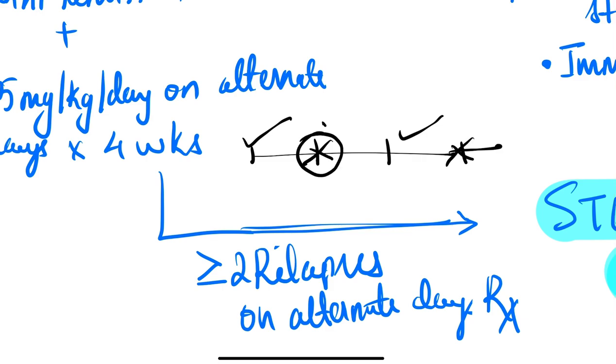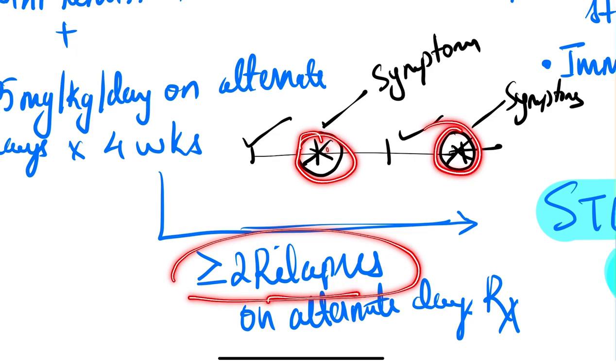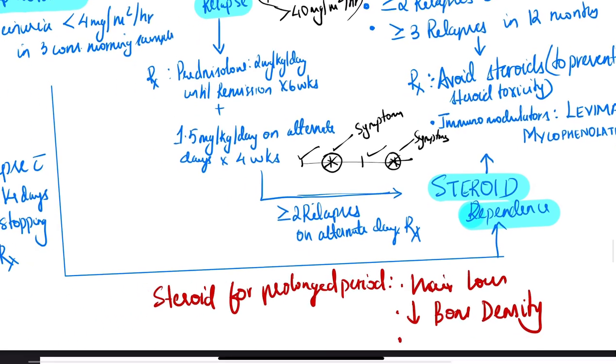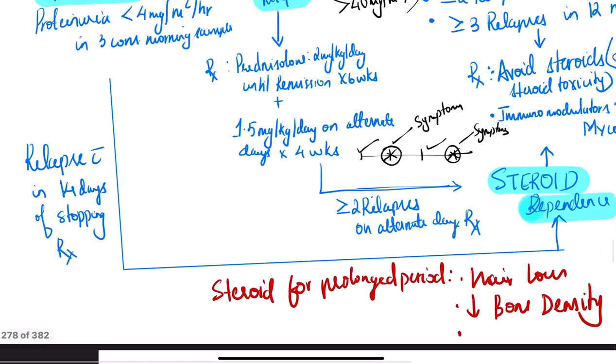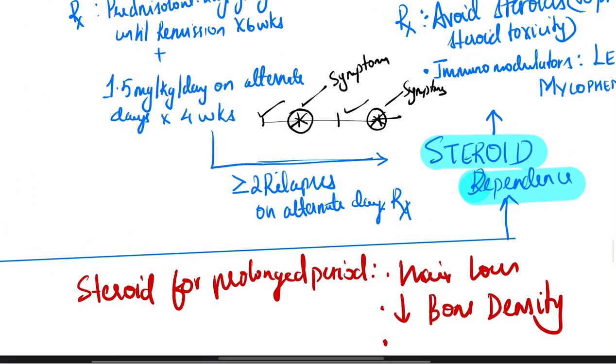So clearly, now if I see that there are symptoms when I'm not giving steroids, then what does that suggest? The child is a steroid dependent case. So 2 or more lapses on alternate day treatment is also considered to be steroid dependent. So there are 2 components in steroid dependent cases, or you should define steroid dependence as: a lapse within 14 days of stopping the treatment, or 2 or more lapses